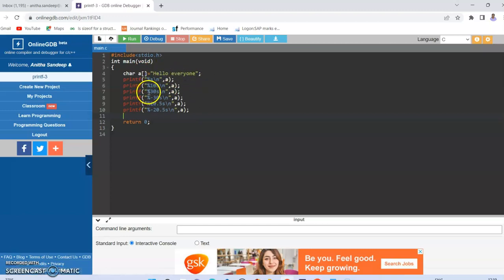Next %30s, I want to print 30 characters, and here the string is less than that, so the remaining characters will be filled with blank, and it is right justified. If you want it left justified, make it minus 30, and next is